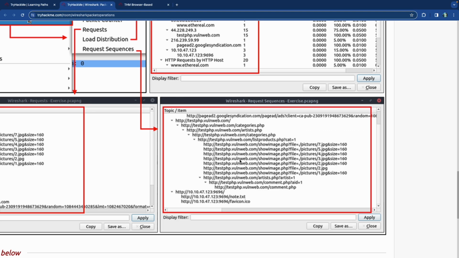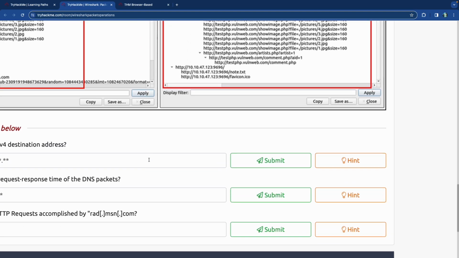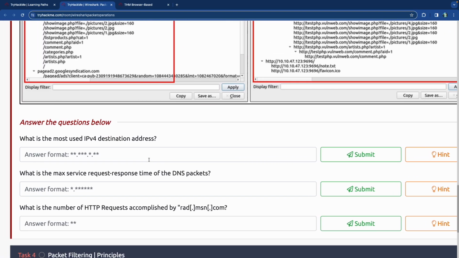I'm going to say this is one session that this whole thing happened, and then after that they went into this IP address. So that's what that looks like. And so now we're going to start answering some more questions here, which is what is the most used IPv4 destination address? What is the max service request response time of DNS packets? And what is the number of HTTP requests accomplished by